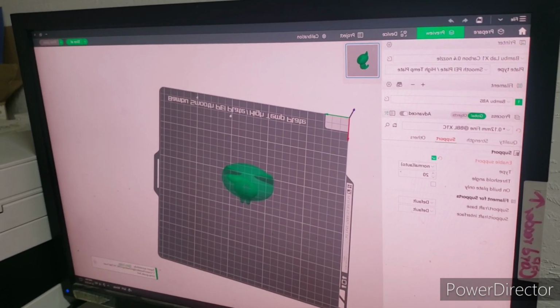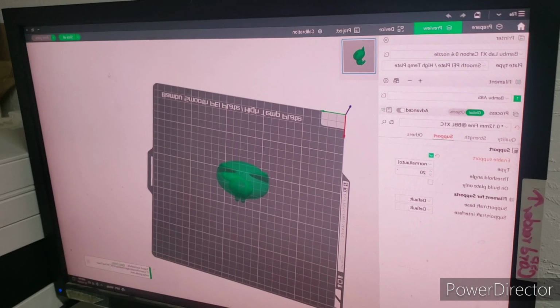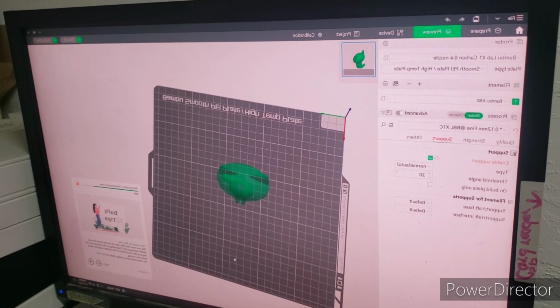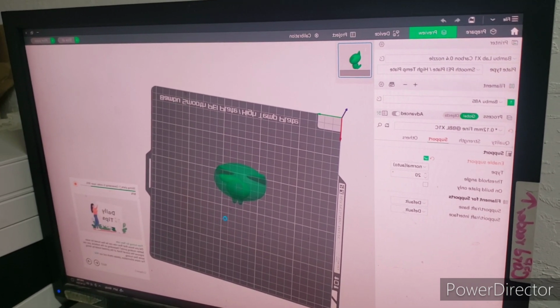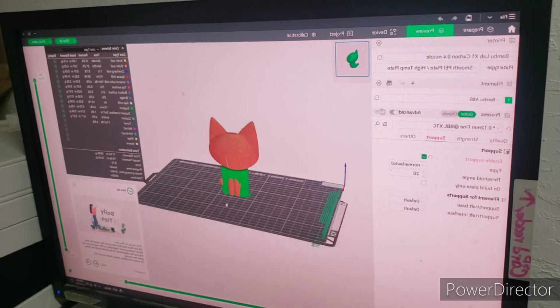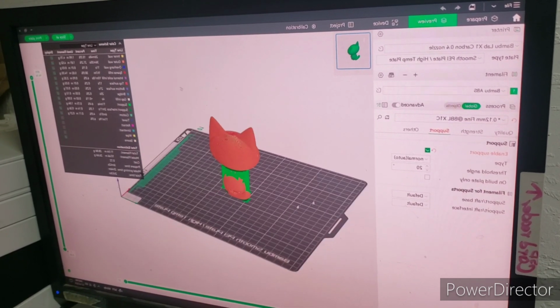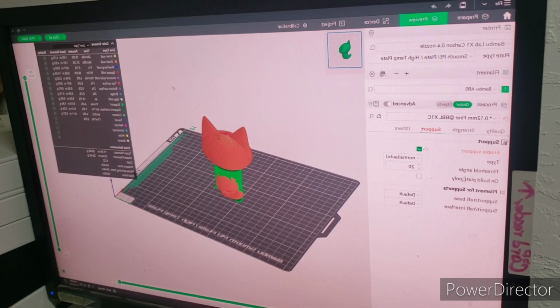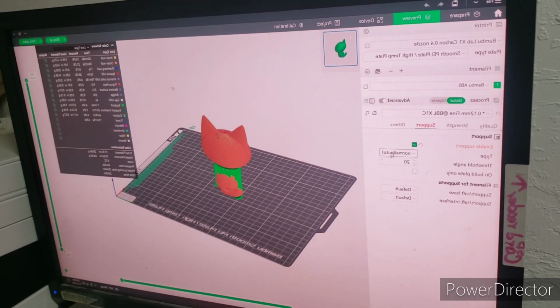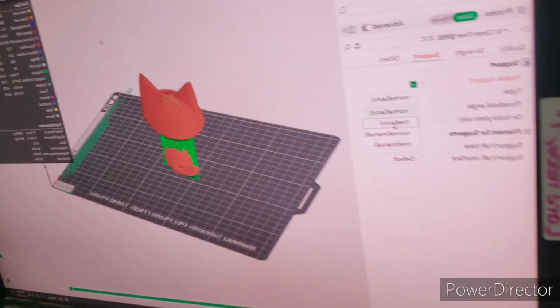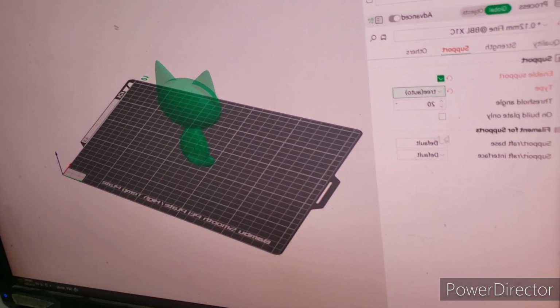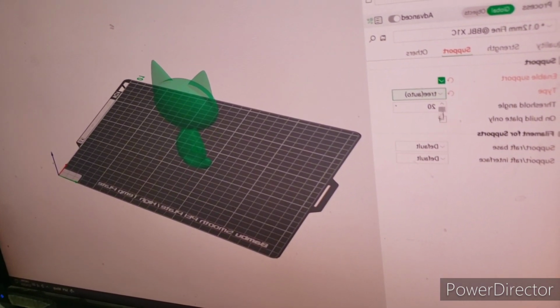If you turn on supports, it will force you to reslice, so go ahead and reslice, and then it will show the supports that it generates. And you can see now we've got supports on our model for the overhangs. And you can adjust the supports. You go into the support menu, enable support, the type of support. You can do tree supports, and normally there are actually a lot more options in the support menu. But